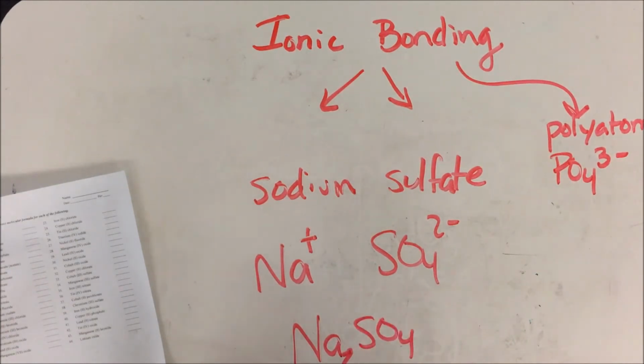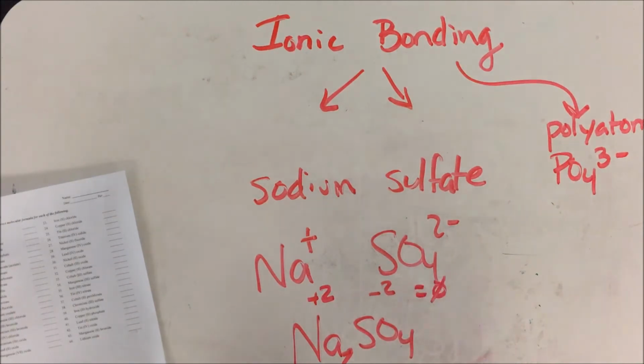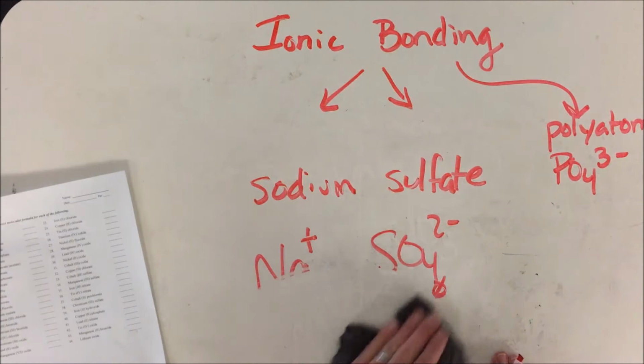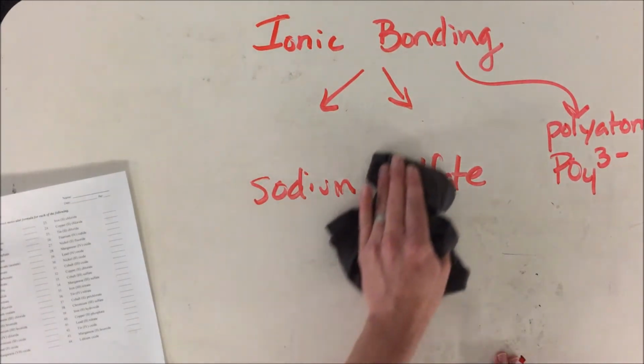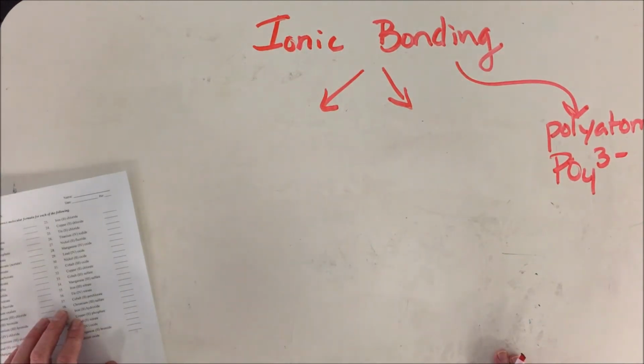Na2SO4. I'm going to check myself. Technically, I have 1 sulfate ion at a -2. I have 2 sodium ions at a +1, therefore giving me a total of +2. That does equal 0. Na2SO4, sodium sulfate. Now, what if I needed more than 1 polyatomic ion? Or what if I had a polyatomic ion that came first as a cation? Well,